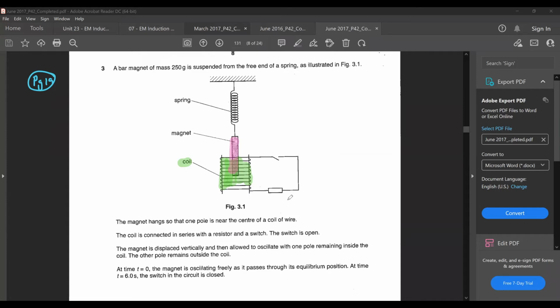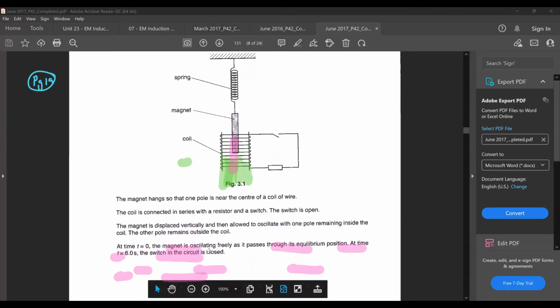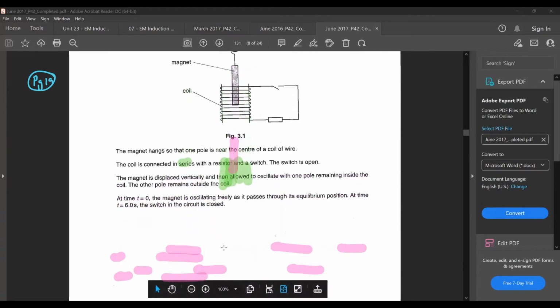Okay, one pole is near the center of the core wire. The coil is connected in series with a resistor and a switch, and then they will tell you that the switch is open. The magnet is then displaced vertically and then allowed to oscillate with one pole remaining inside the core. The other pole remains outside the core. At time t equals 0, the magnet is oscillating freely as it passes through the equilibrium position. At time t equals 6 seconds, the switch in the circuit is closed. So from here, they are asking you